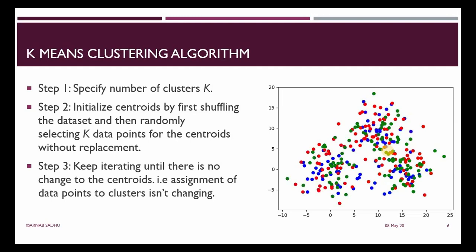And then step 3, which is the most vital step here, is that you keep iterating until there is no change in the centroid. So how do you do that? You pick out a point and you measure the difference between the attributes. The difference between the value of the centroid and your attribute is the value to be considered here. The cluster centroid with the least value has to be the cluster of that data point. This is how you assign the data points to the clusters.